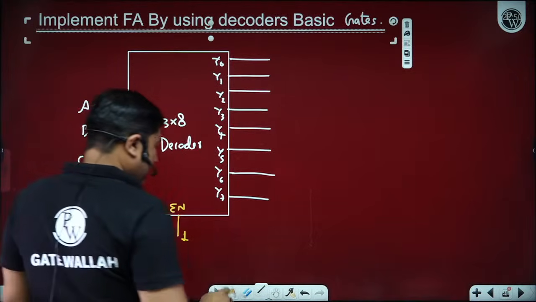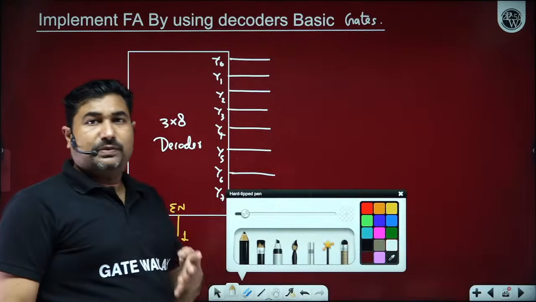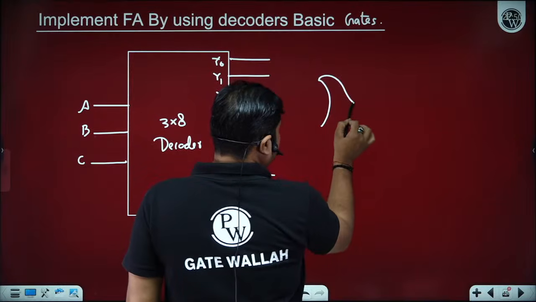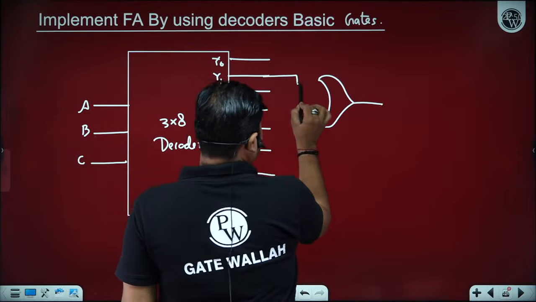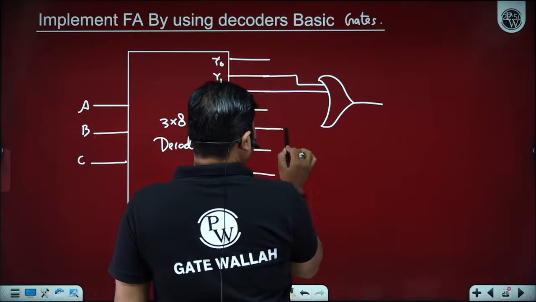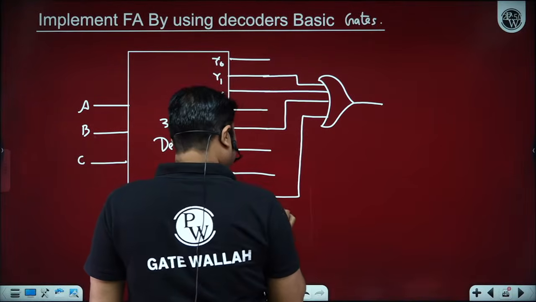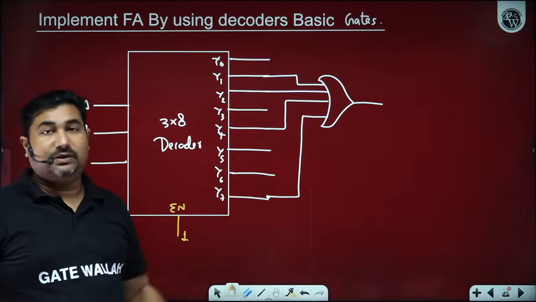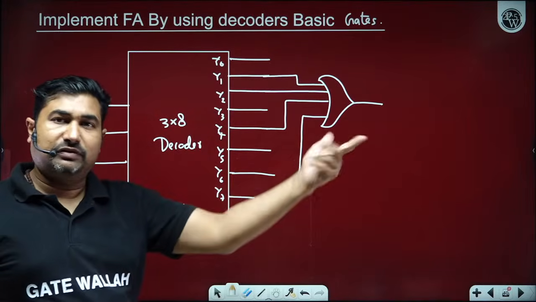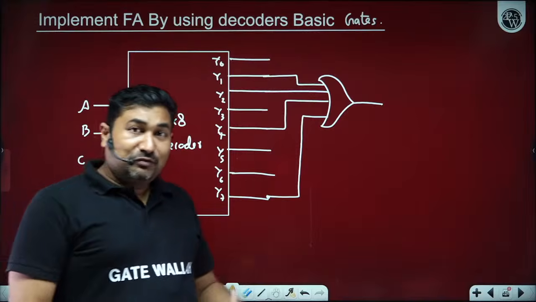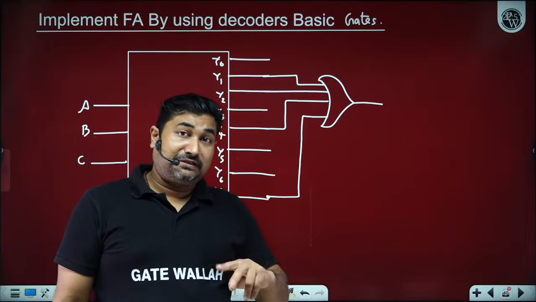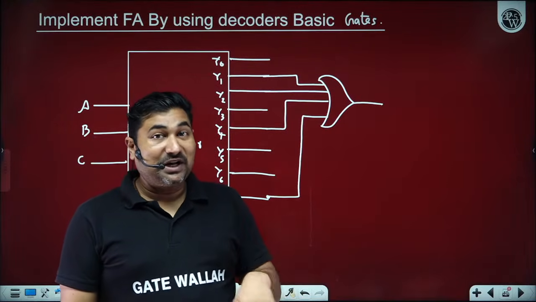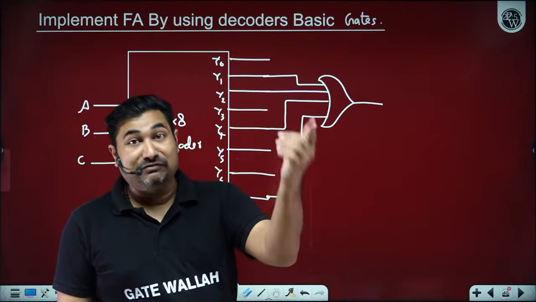Yes, sir. In a full adder, the sum is A XOR B XOR C, which can be indicated as minterms 1, 2, 4, 7. So you can pass them through the OR gate. And the greatest advantage of the decoder is that all the minterms are available at the output of the decoder. You just pass them through the OR gate, and your function gets implemented. If we implement a full adder by using 2 XOR gates, the delay is high. However, if we implement the full adder by using a decoder and OR gate, the delay is comparatively very low.